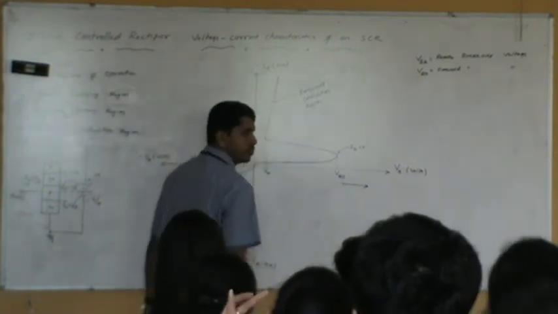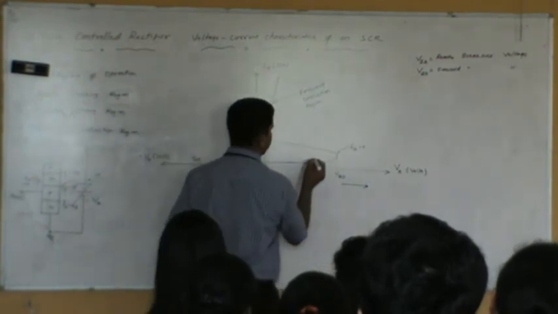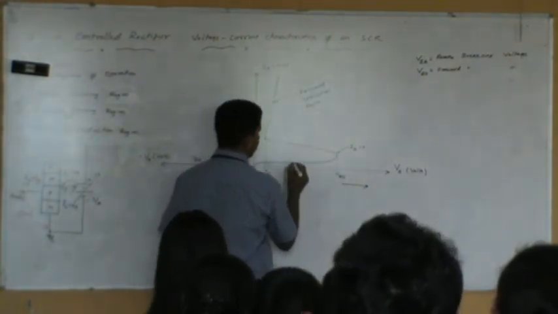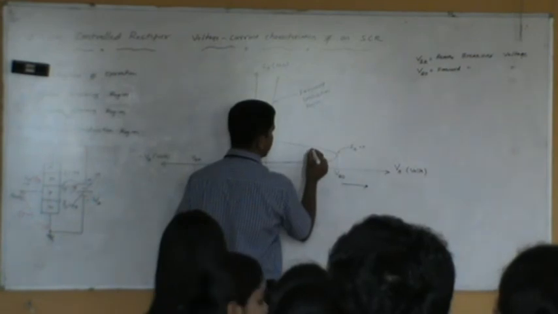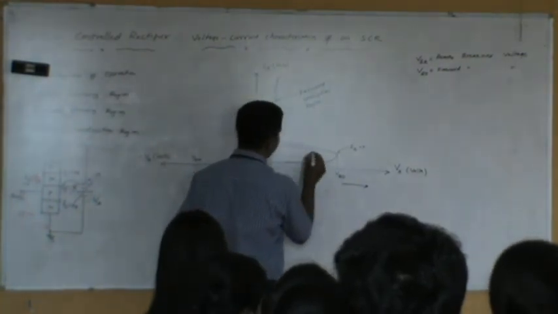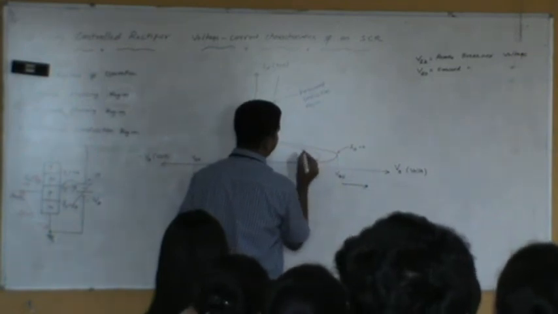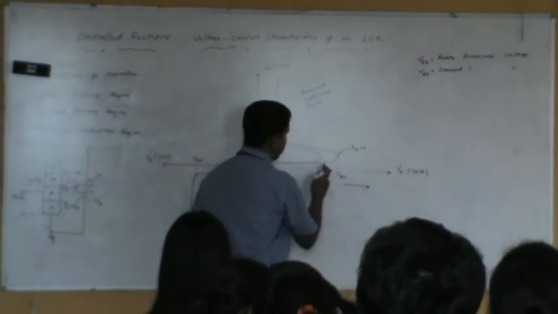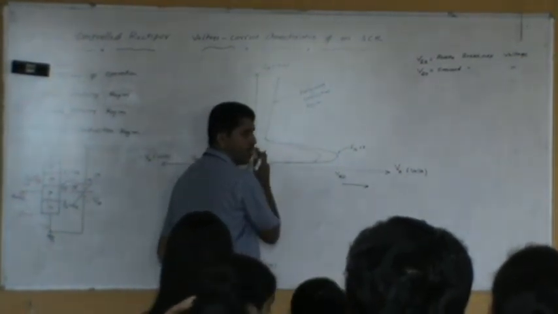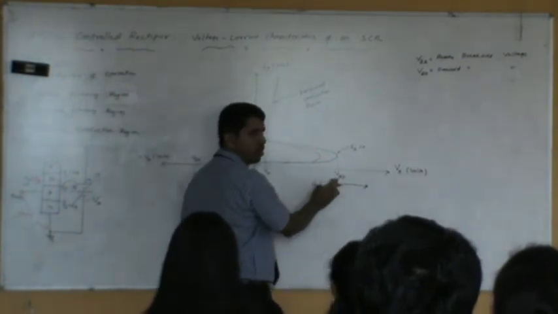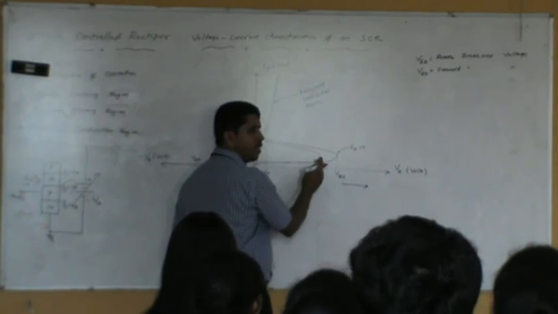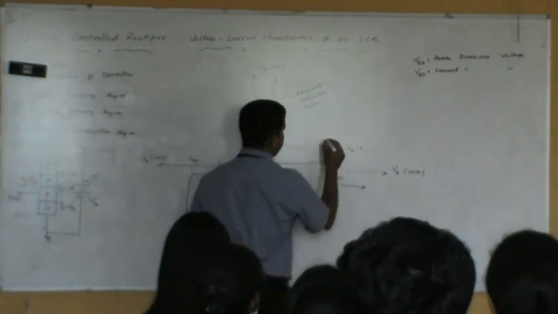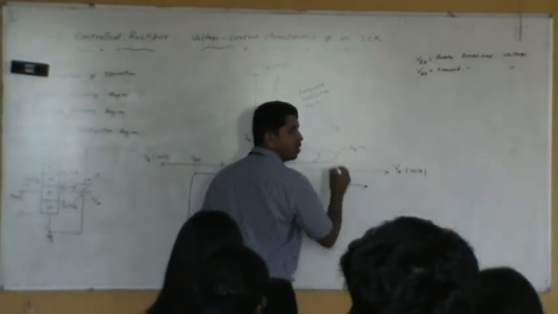How do we show this here? Some medium quantity of gate current will result in this way. Instead of VA going up to VB1 and the voltage decreasing, if you apply the gate voltage, it may reach in this fashion. That means at lower anode to cathode voltage, the voltage across the SCR is decreasing. You need not apply the voltage up to VB1. A smaller voltage is enough for the device to conduct, and as the voltage decreases further, the current will start increasing. And this is for some value of Ig1.